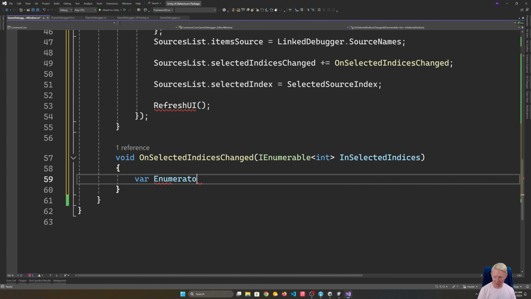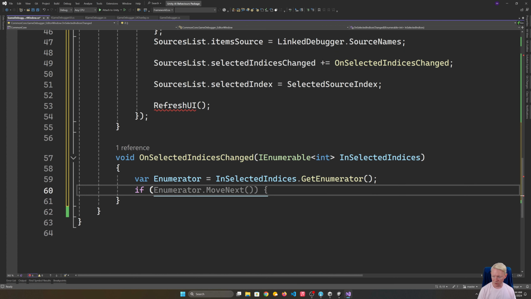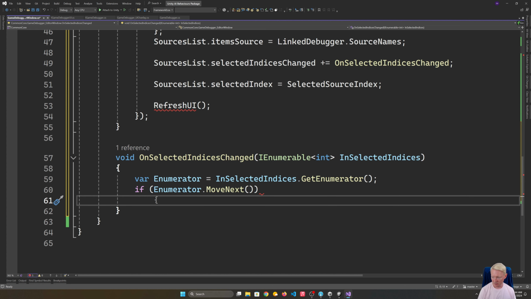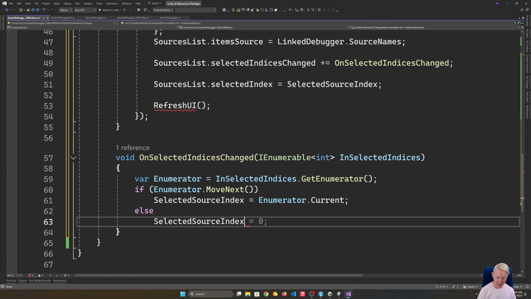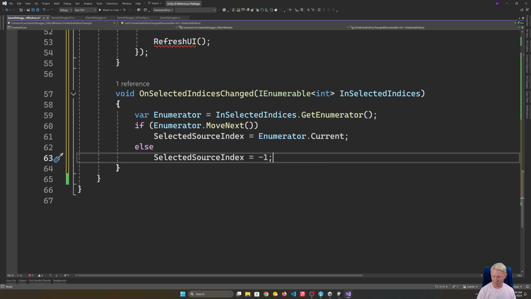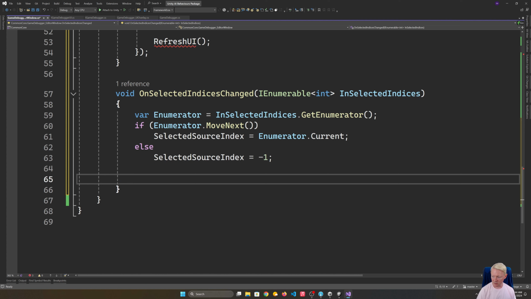So our enumerator is our selected indices. We get the enumerator. Then what I would do is, if enumerator move next, that'll allow me to retrieve the first entry. Then I would say selected source index is the current. Otherwise, selected source index is -1. So that's good. That allows us, at this point, to know our selected source index is going to be